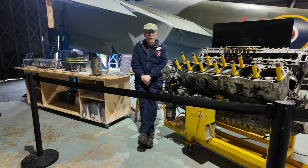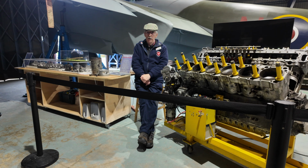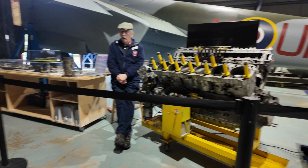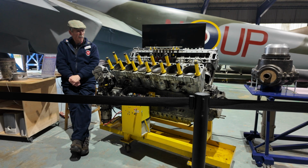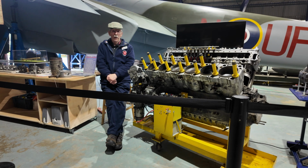wreckage. There wasn't much left on the surface, but they got a pretty good echo from this thing on their metal detectors, so they started digging and digging and digging, and got fed up with digging with shovels, having not got to anything. So they called in a JCB and eventually came to this engine 25 feet below ground. So having hit the ground at probably well over 150 knots, it had kept going in the clay of the river valley. So they brought it up and cleaned it up a little bit, and it eventually ended up here in